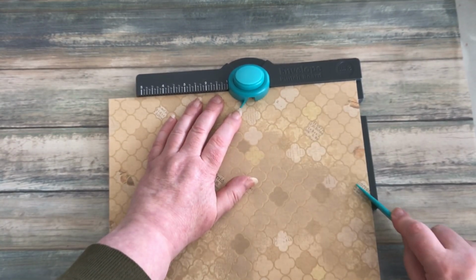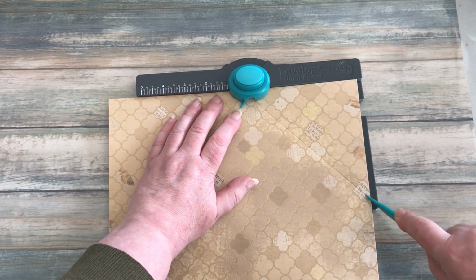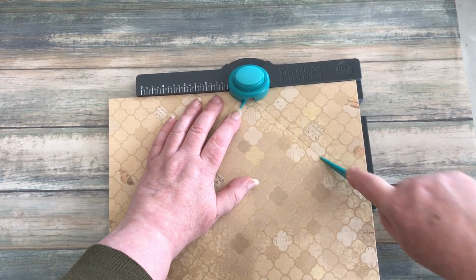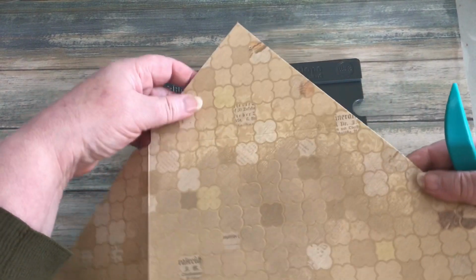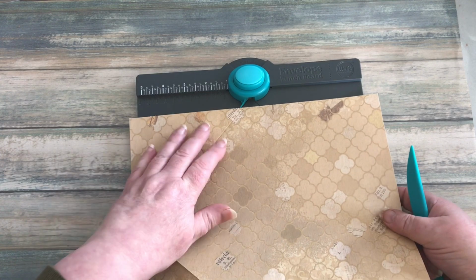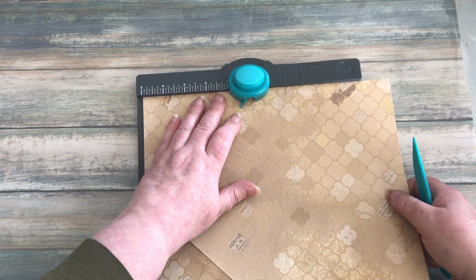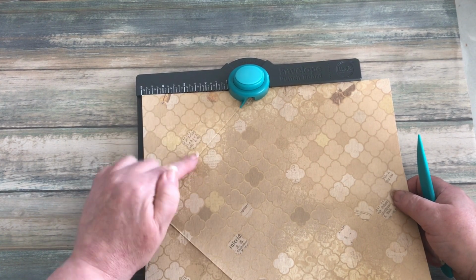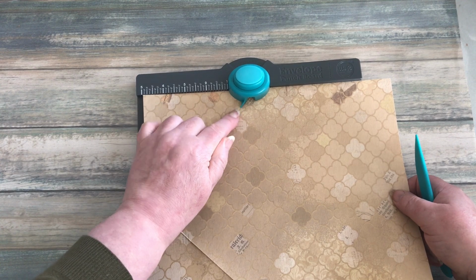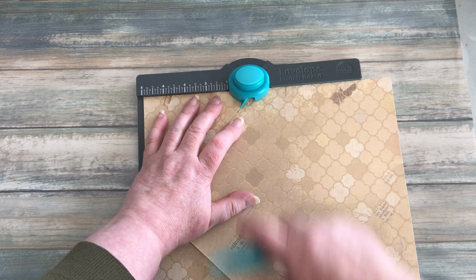Now this side actually fits onto the board, so I can run that right the way down to the end of the paper. So I don't need to fold and score that. Sorry, fold and burnish, that is what I meant to say. Then I can spin it again, and again with this little prong, line it up with that score line that I've just done, punch,